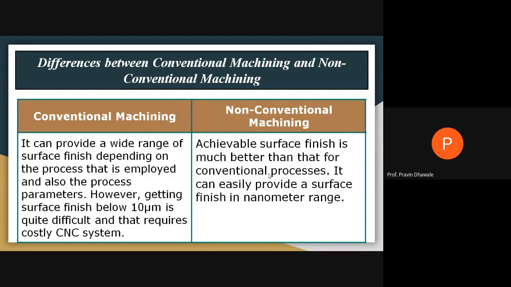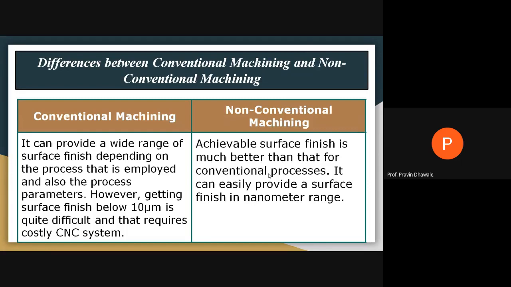We require CNC machining, which is certainly costlier compared to conventional machining. This means there are certain limitations for the conventional machining process in providing a high quality surface finish below 10 micrometers. It is quite difficult. We get a surface finish with a wide range by controlling different parameters in case of conventional machining. Whereas in non-conventional machining,